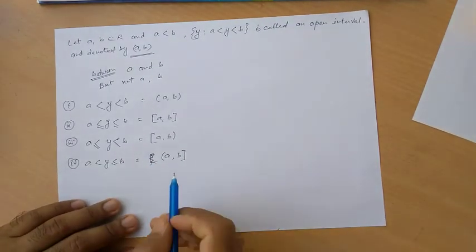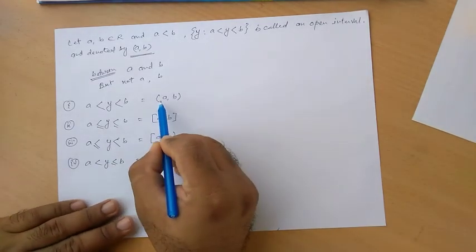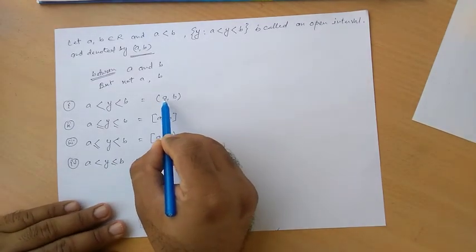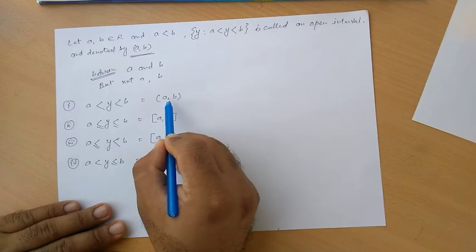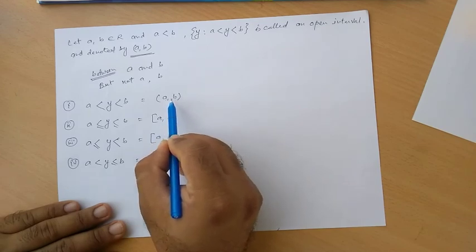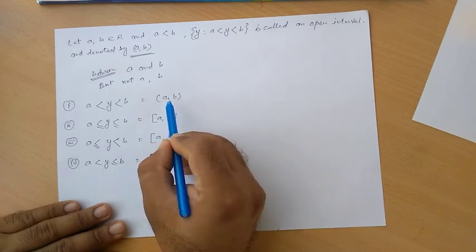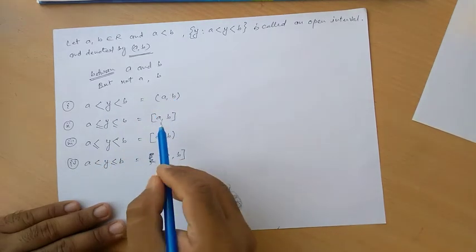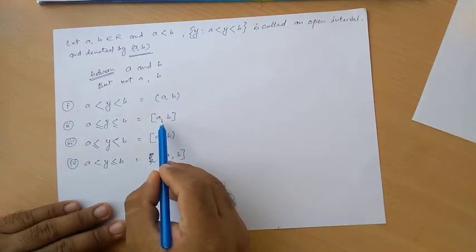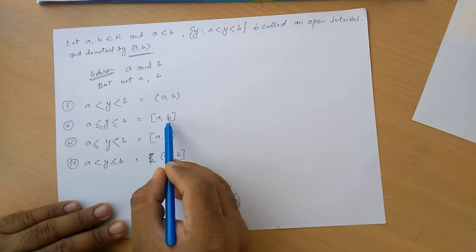So here we can understand that a and b are not included in the interval, but between a and b every number includes y. Here we can understand that a and b both are included, and in between the values, whatever the numbers we are getting, that is also